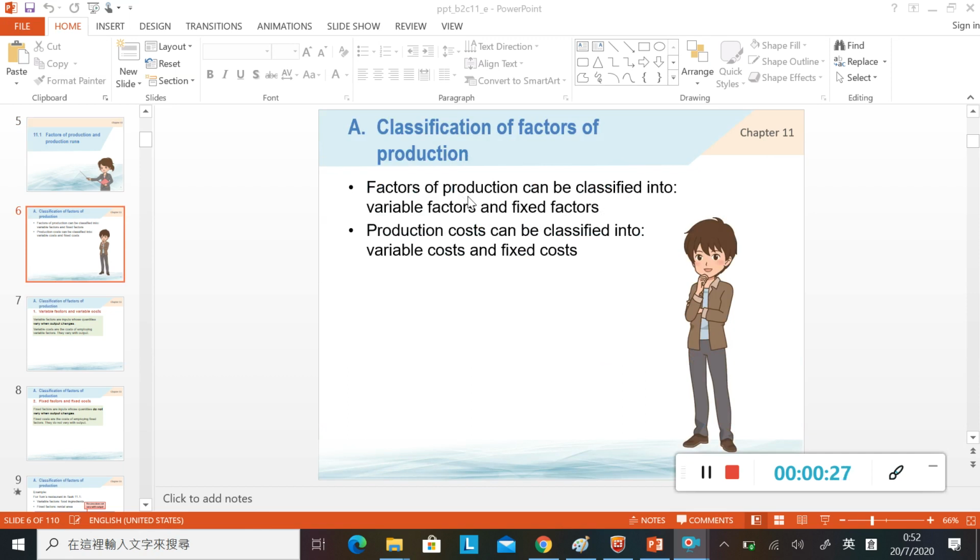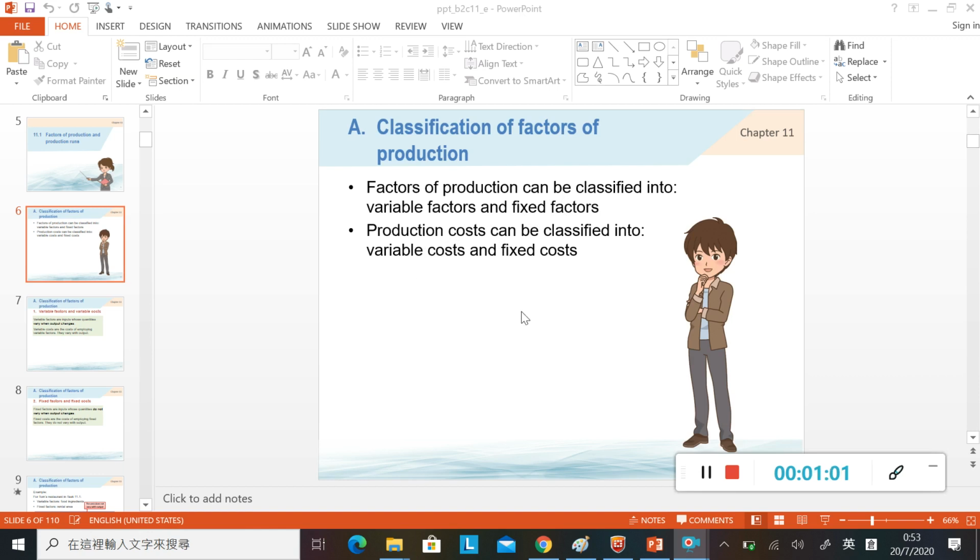我哋之前學咗4款嘅 factor of production，喺上一課第10課嘅時候就學咗。There are 4 types of factors of production. Okay, those are labor, entrepreneurship, capital, and land. Okay, and then we can classify them into variable factors and fixed factors. 咁我哋可以將呢幾款 factor of production classify 做 variable factors 同埋 fixed factors。所以呢個 production cost，我哋都可以將佢 classify 為 variable cost